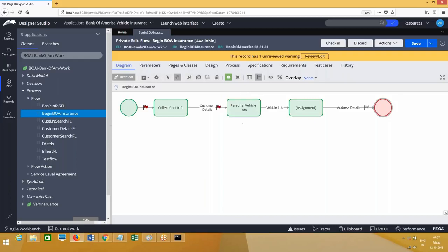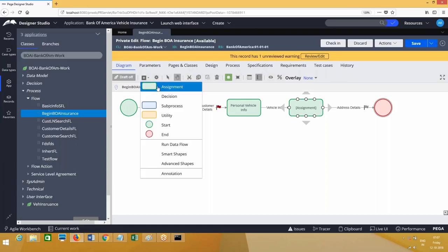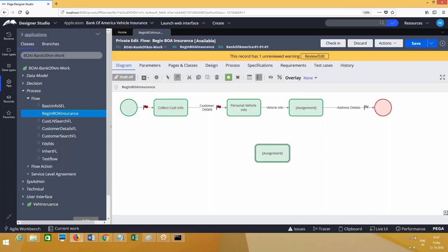Okay, so we have collect information, personal information, address information, right? So first let me show you in the workflows. Later we'll go to case type rules. Let me add another flow shape. Do we have any other flow shapes? Any other?